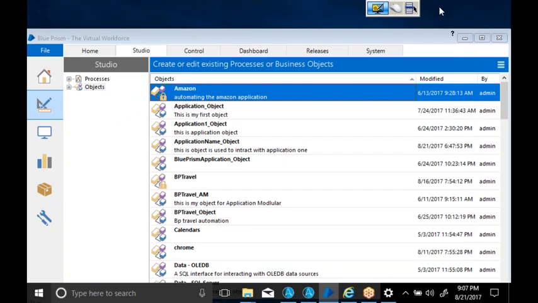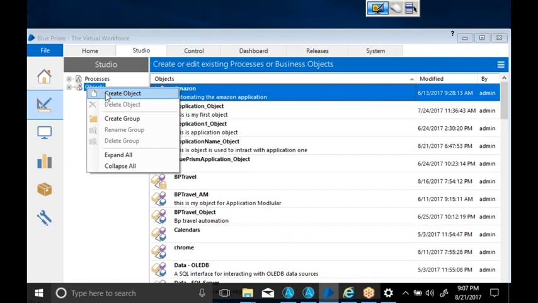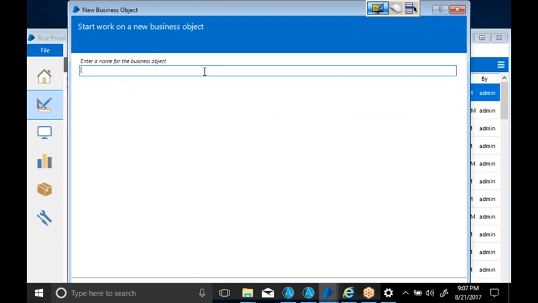Now let's go with the object option and create the object. If you click create object, it will ask you for the name of the object. When it comes to naming conventions and best practice, we use the application name as the object name. Why? Because my object is always created for the application. If I don't have any application, I won't create an object.